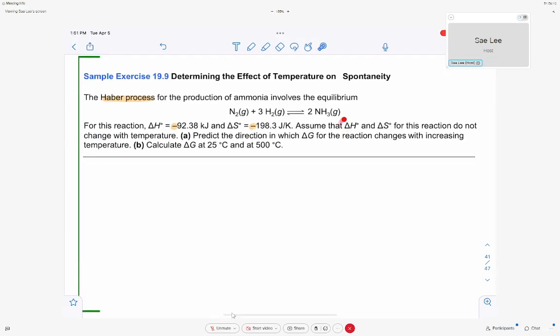Assume that the standard enthalpy change and standard entropy change for this reaction do not change with temperature. A, predict the direction in which delta G for the reaction changes with increasing temperature. B, calculate delta G at 25 degrees Celsius versus 500 degrees Celsius. So for question A,